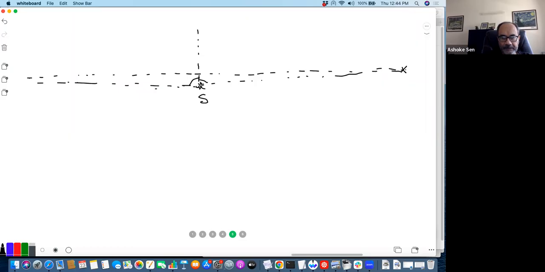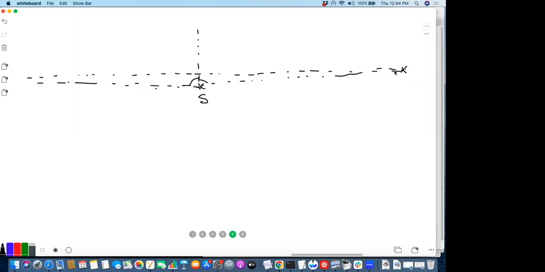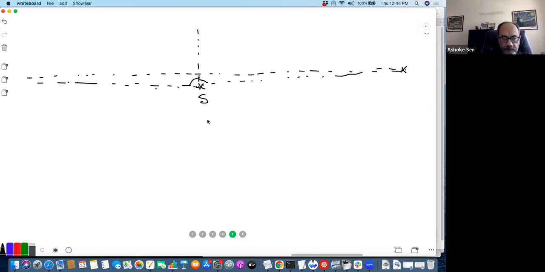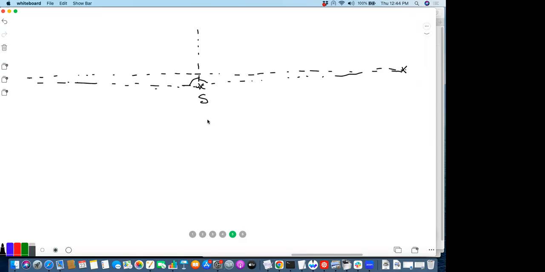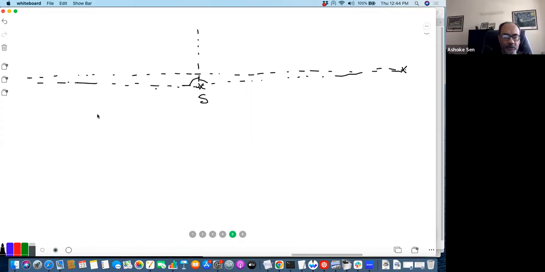If we think of the mass m here as the solar mass, would the distance of the Earth from the sun be big enough for this approximation to be valid? Yeah, that is big enough, because rho zero has to be